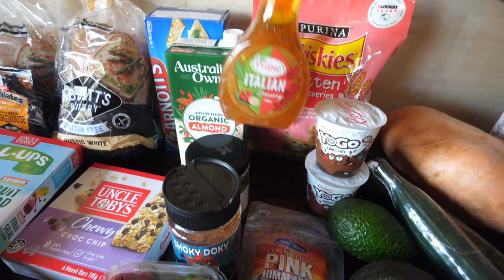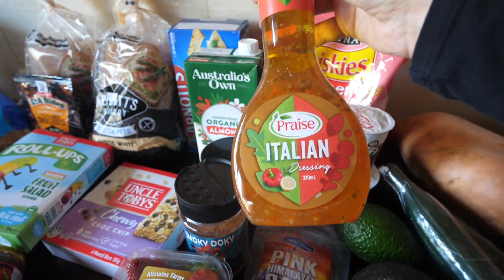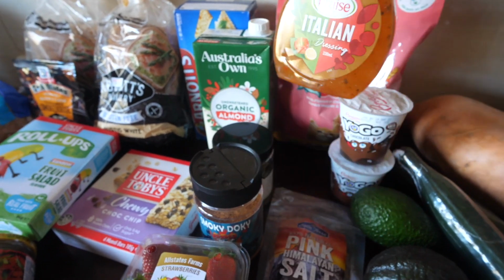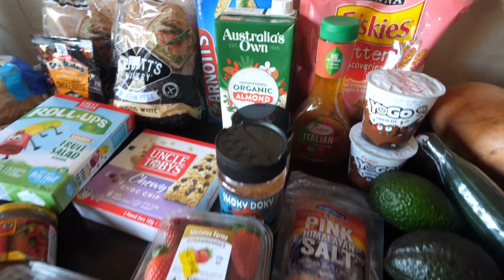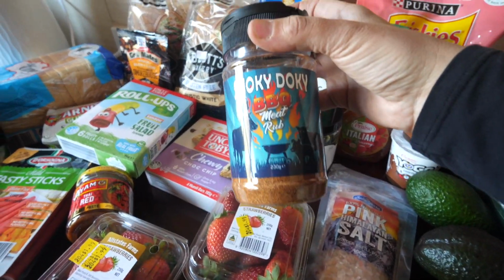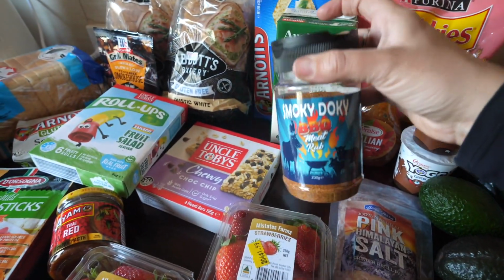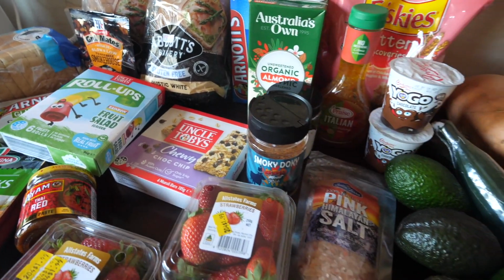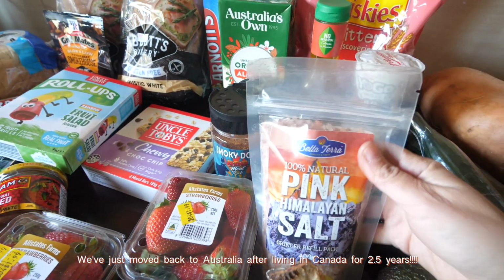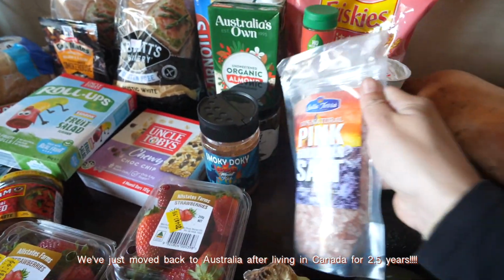Italian dressing, because I'm trying out a little hack, I guess, which I'll show you guys later. It's marinating chicken in that. I don't know if it's going to taste any good, but we'll see. Some bay leaves, some more barbecue meat rub. Like I said, we're just starting out in Australia again, so some of these are not things you buy every week. They're just staples. Some more Himalayan salt,